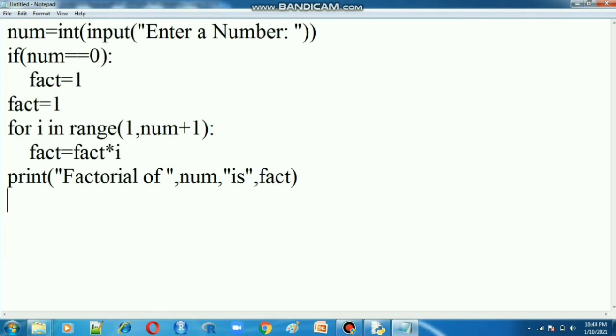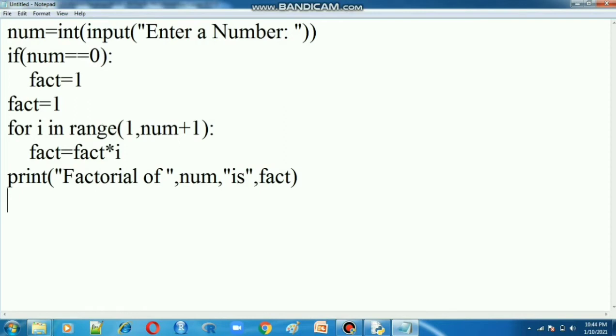First, how the variables are declared and how the program will be executed, we will see one by one. Before that, we have to know the explanation of the factorial program. num is the variable name, and int is the data type, so only an integer value will be accepted.